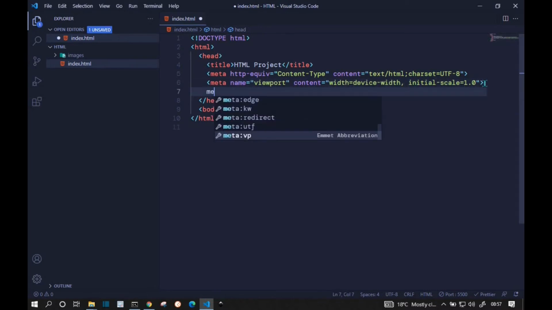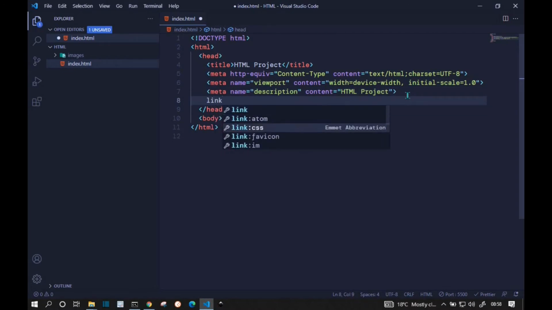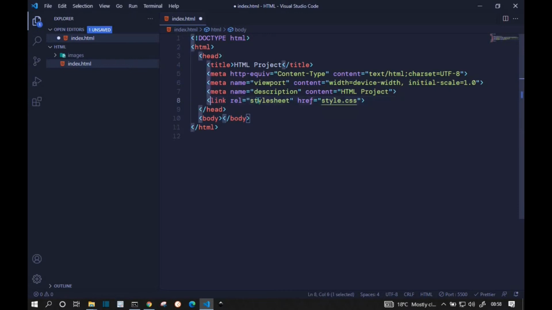And then we have another meta tag, which is the description meta tag, and here you can describe your web page, and this description is mostly used by web crawlers for SEO purposes. So if you want your page to rank higher, for example on Google, you'll have to include such a meta tag, okay? And another tag that you may find in the head is the one that links to a CSS file. So I can just come here, and this is how we can link to a particular CSS file.